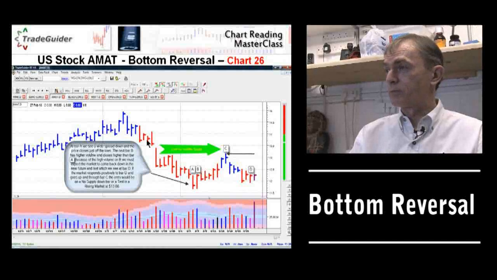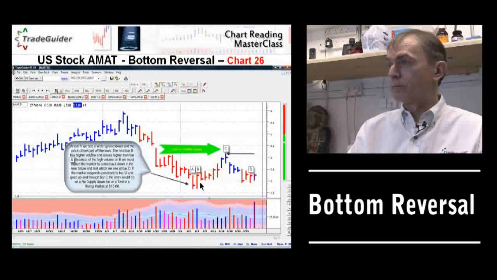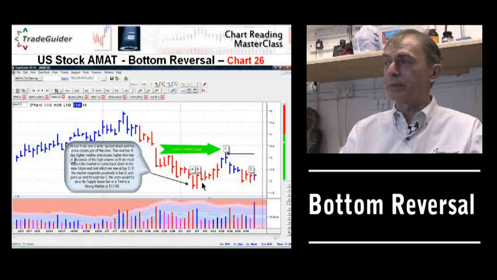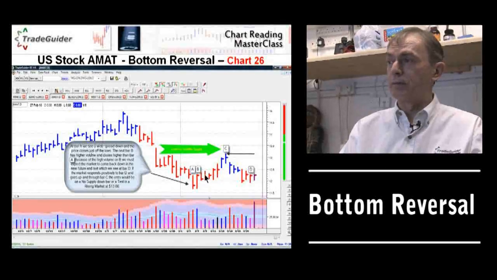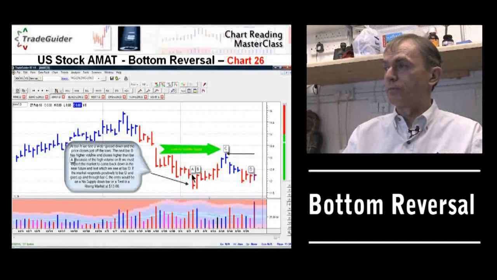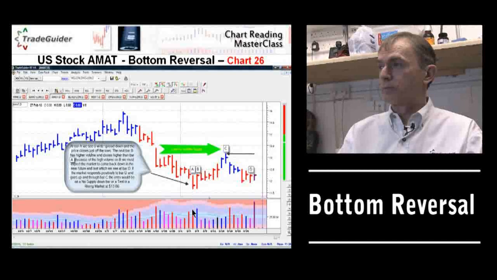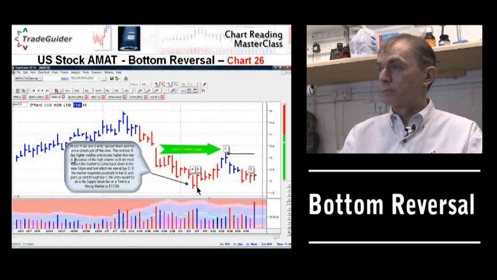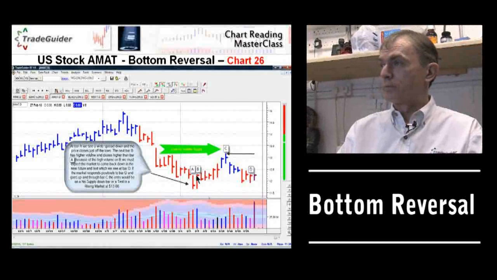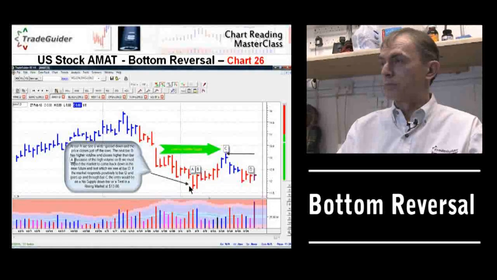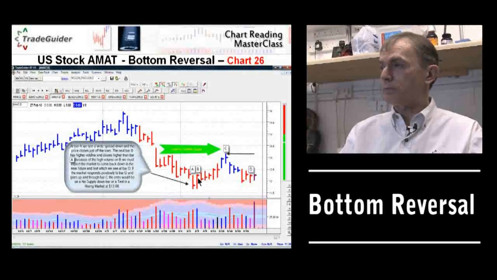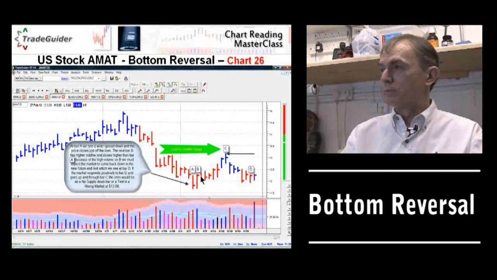You see that at the bottom here, and then you get a test here. Isn't that great? Immediately testing the supply on bar B straight away. And then succeeding. Yes. So take that, that's 3 bars there. When you see that, wide spread down, volume is very high compared to the previous bars. The next bar goes straight back up, takes out the previous high of this bar, closes up on the high, so there has to be some buying in these 2 bars. Then it comes back into the body of the bar. The volume's much, much lower than most of the other bars. And then the next bar closes higher, and we begin to go up.